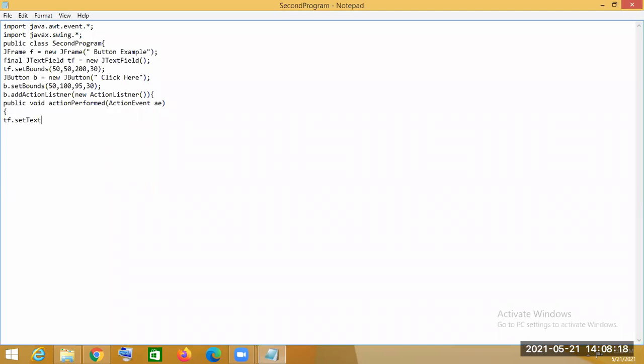So we call the setText method, and inside it we write a statement: Welcome.